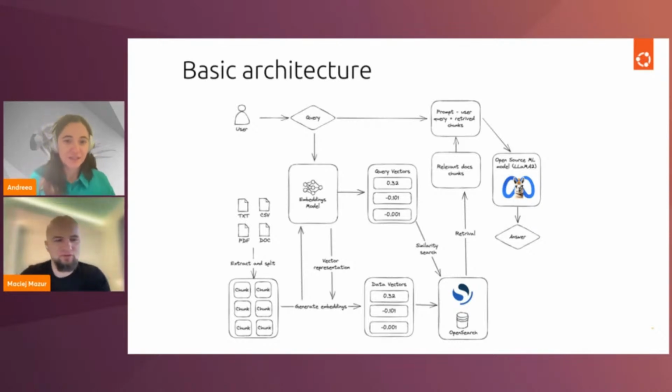Yeah, so this is the most basic architecture for how you can start playing with large language models utilizing your own data set, either if you are a researcher and you have some documents in your research institute, like papers and that kind of stuff that you want to summarize or ask questions about, or you're a business and you just have a knowledge base of like 10 years of running something, or even if you are a non-IT business and want to enroll your new employees faster and you want them to know more about the company. In all of those use cases, you probably start with some knowledge base.